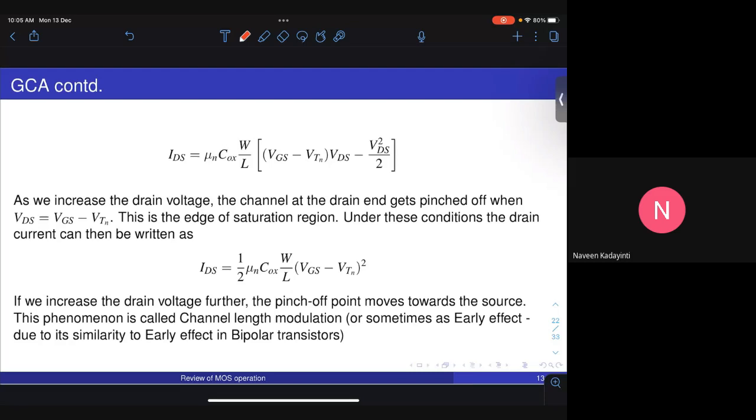The channel at the drain end keeps getting narrower and narrower. Therefore, the resistance keeps increasing, and at some point it gets pinched off. At what point does it get pinched off? It gets pinched off when VDS is equal to VGS minus VTN. So if you recall,